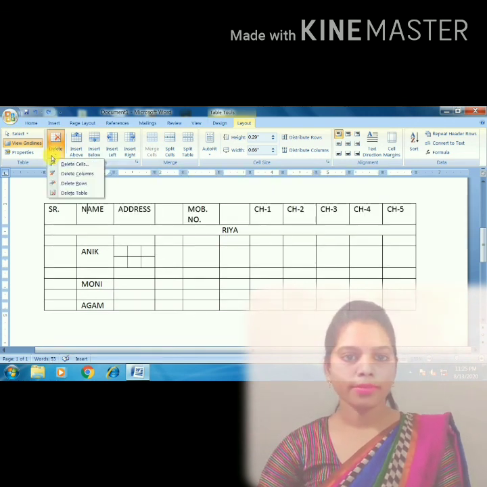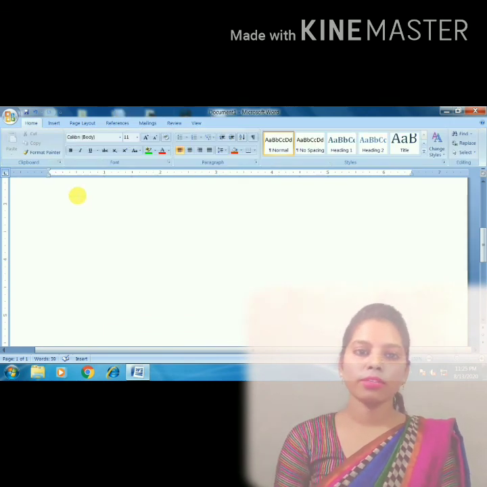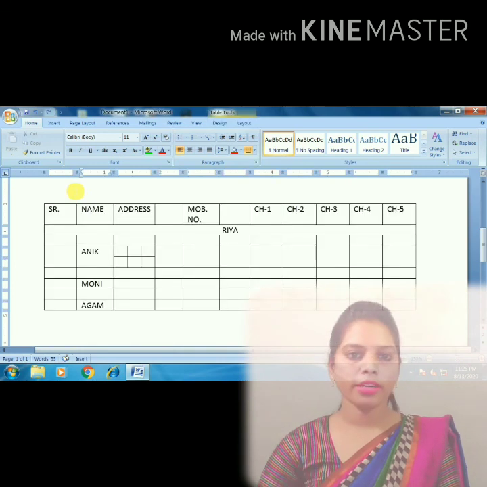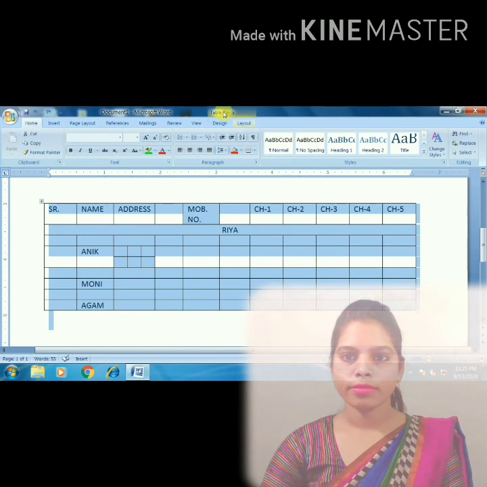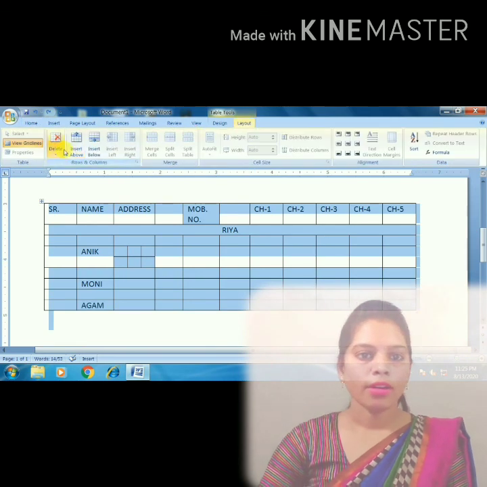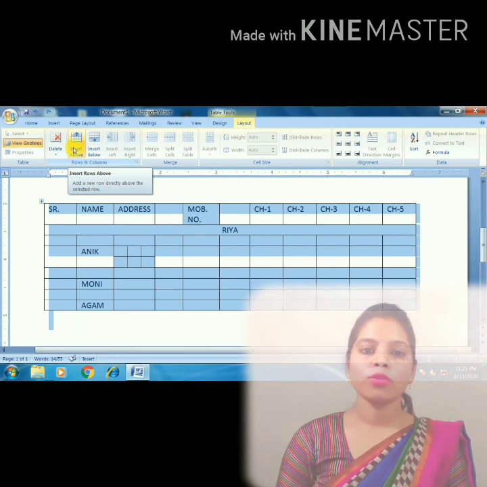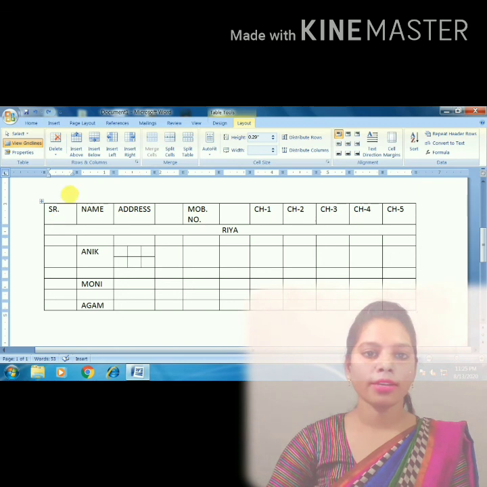After then, delete table. See, by choosing the delete table option, we can delete the entire table. After then, insert above. Insert rows. We can insert the row on the top of the selected row.